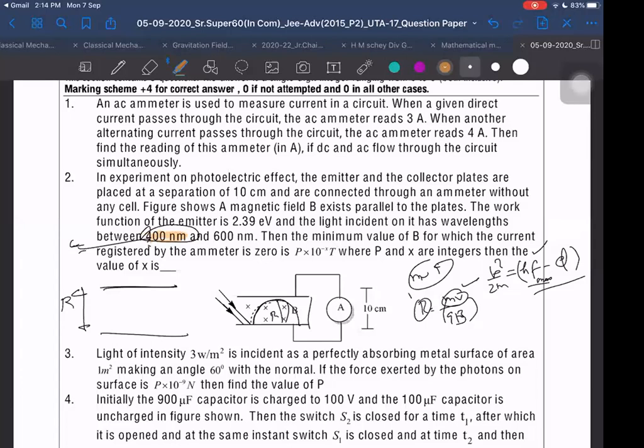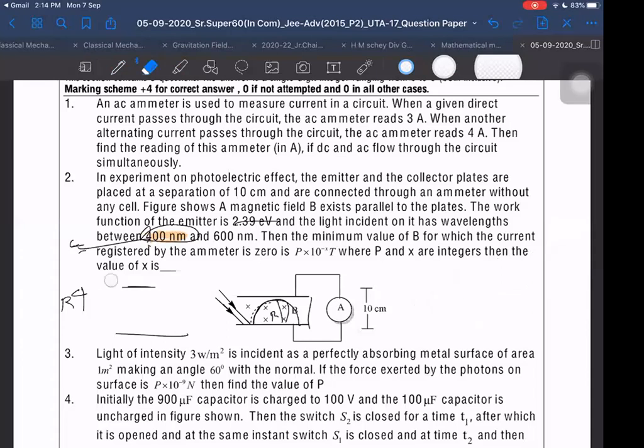Hello. So, what, Chandan? You were saying something. Work function, from that we should check, sir. Work function means the phi. Wait a second. Work function is already given, 2.39 electron volt. Yes, sir. From that we should find out the threshold wavelength and check. Only if lambda is less than or equal to the threshold wavelength does the photoelectric effect take place. That is true.